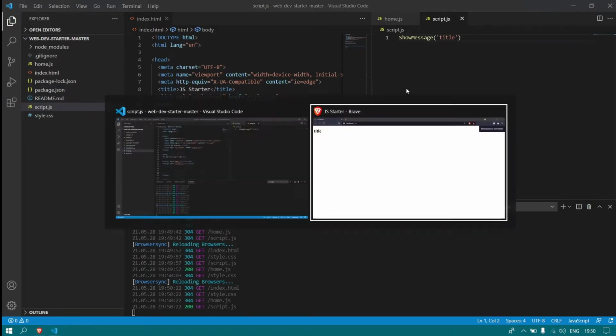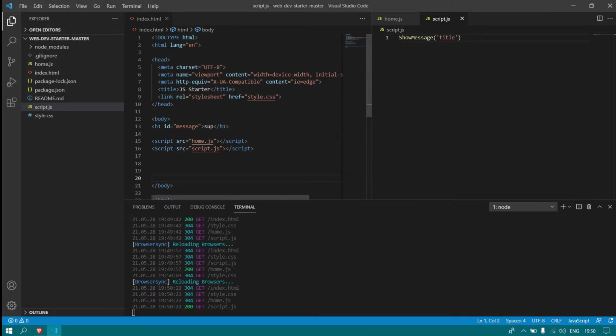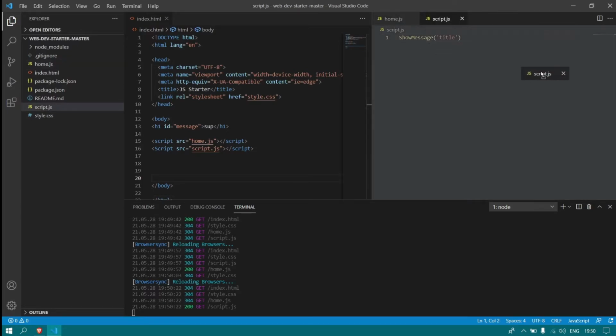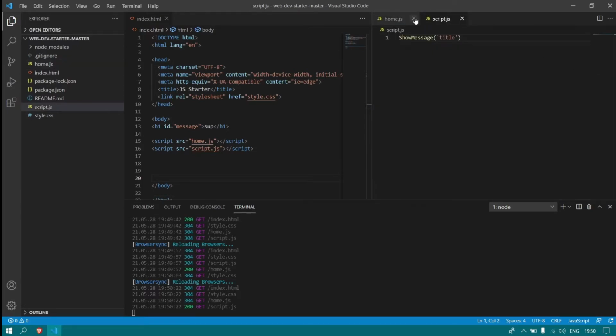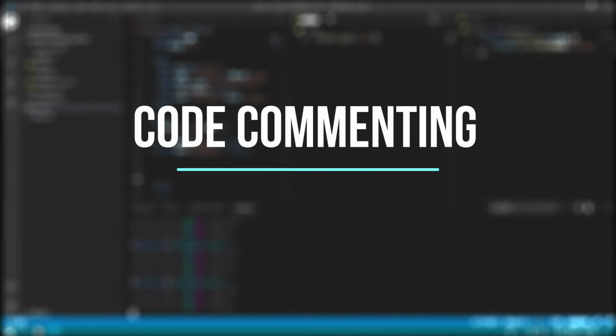The general conclusion you can draw from this is that built-in codes and functions such as tags are not affected by case sensitivity, but external commands that are added by the programmer themselves are, because they are not declared in the database of the code editor as they are unique and custom. And that was case sensitivity in brief. Now finally, we'll be looking into commenting out code and lines of code.